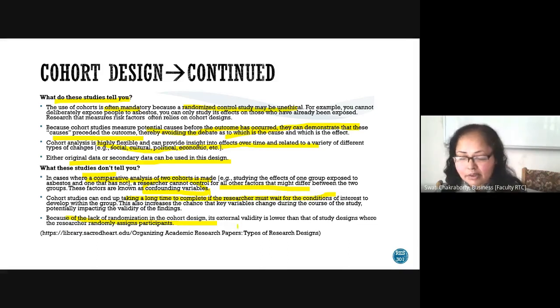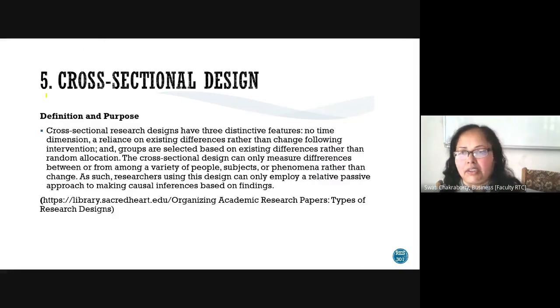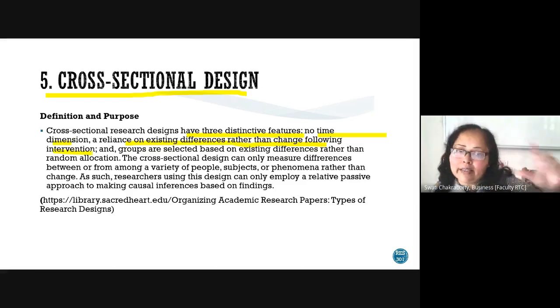randomly assigns the participants. Fifth design is cross-sectional design, which has three distinct characteristics. That is, there's no time dimension, right? Reliance on existing differences rather than change following intervention. So there already exists a difference between the groups, and groups are selected based on that existing difference rather than random allocation. It can measure only these differences between and among a variety of groups of people, subjects, or phenomena, rather than